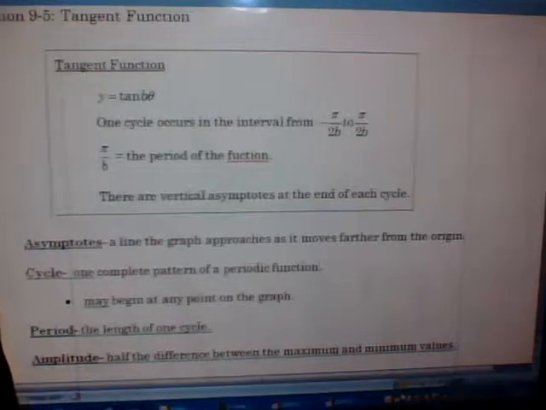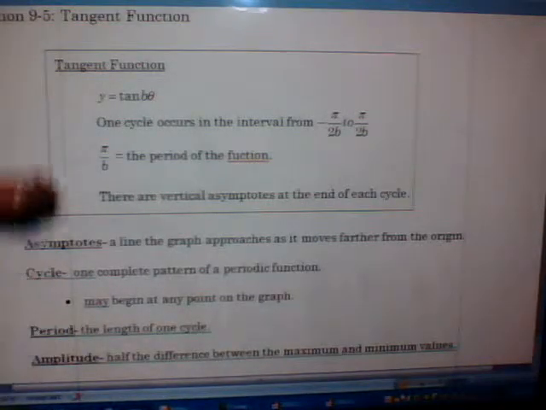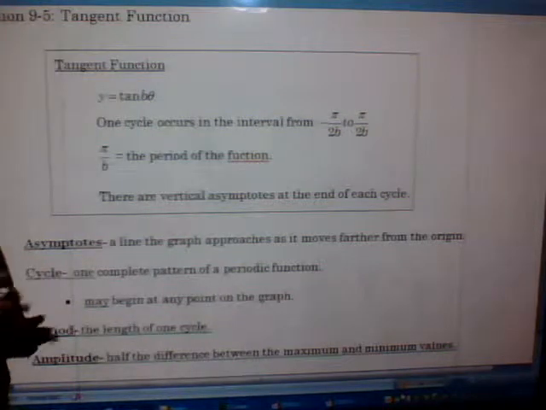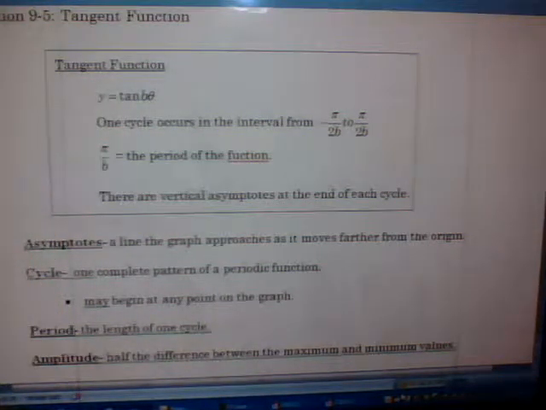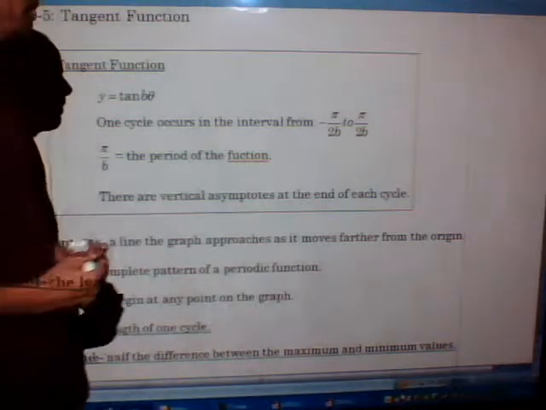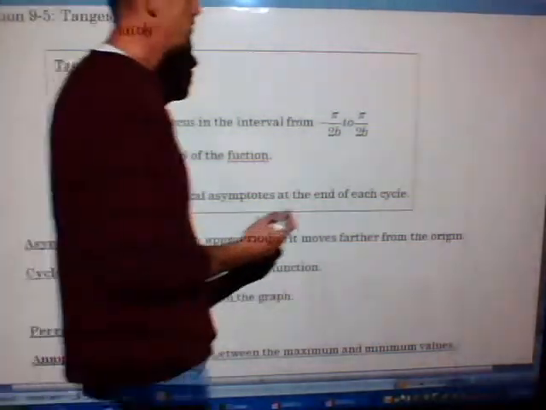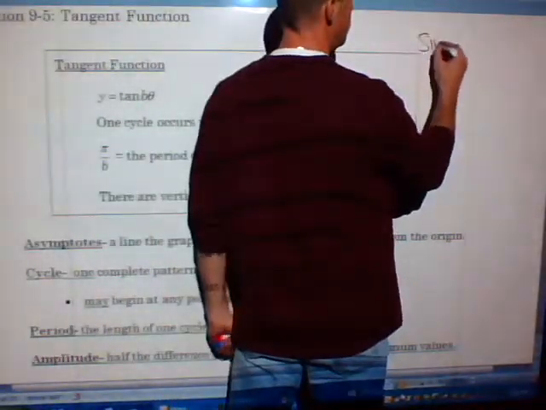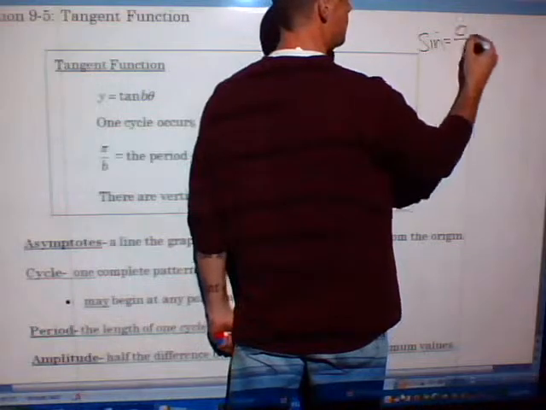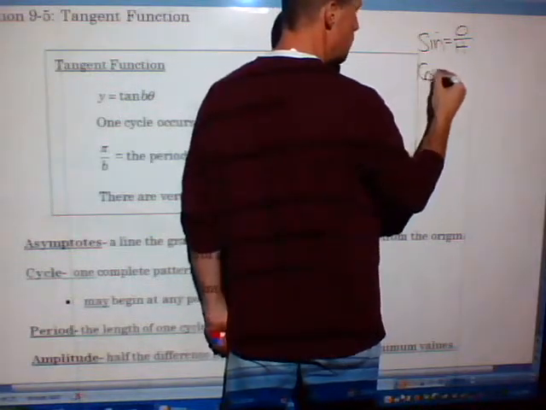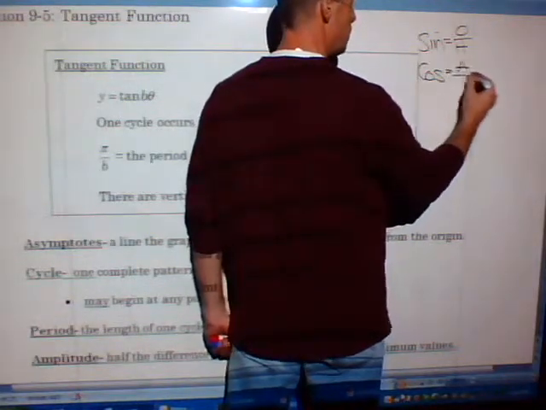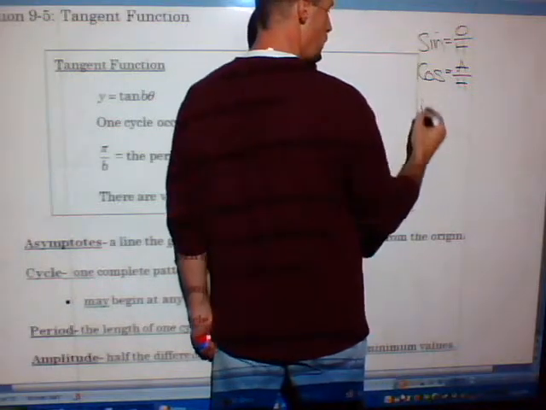All right, in this section, we are going to look at the tangent function. And we're going to look at the graph of the tangent function. And the tangent function actually comes from a relationship between the sine and the cosine graph. So if we think of sine as opposite over hypotenuse and the cosine as adjacent over hypotenuse, we know the